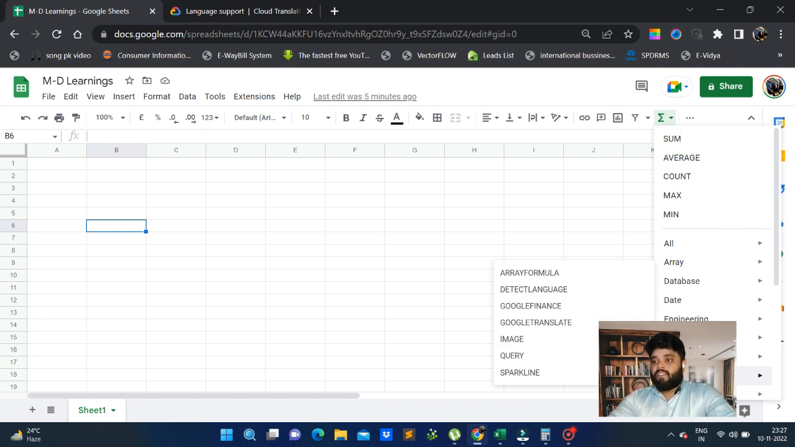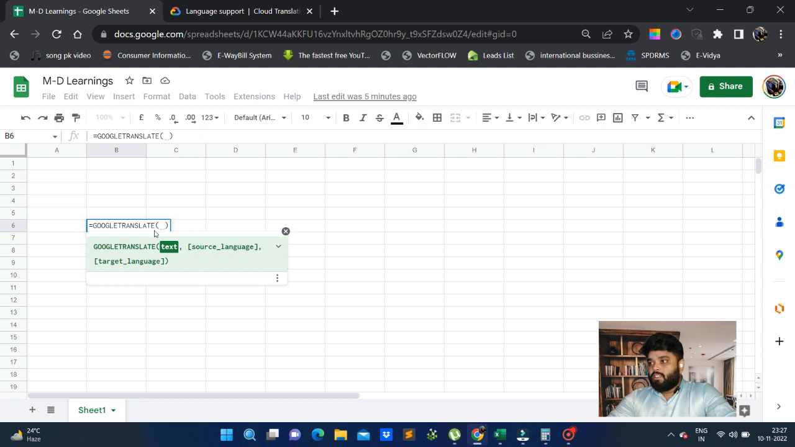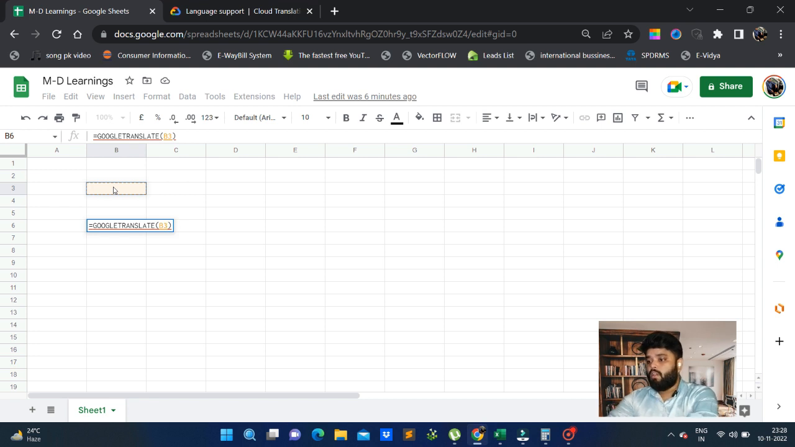Translate, Google Finance. In this, I will show you how to use one option, Google Translate. Google Translate is very interesting in this. If you have any data in any language and you want to convert it, you just have to enter some formula, and Google will translate it immediately. So I will show you how. If I want to translate any data, I will type